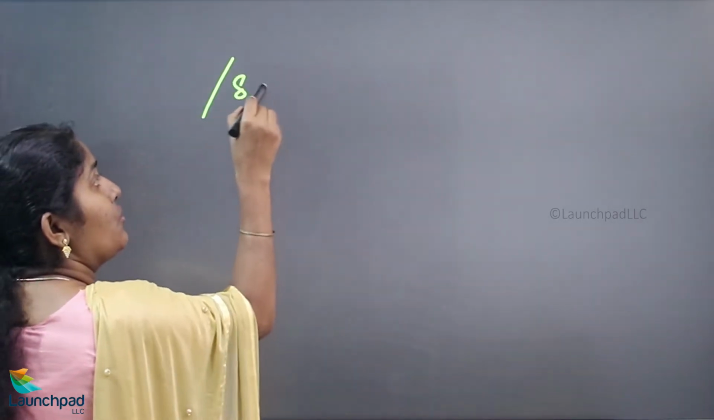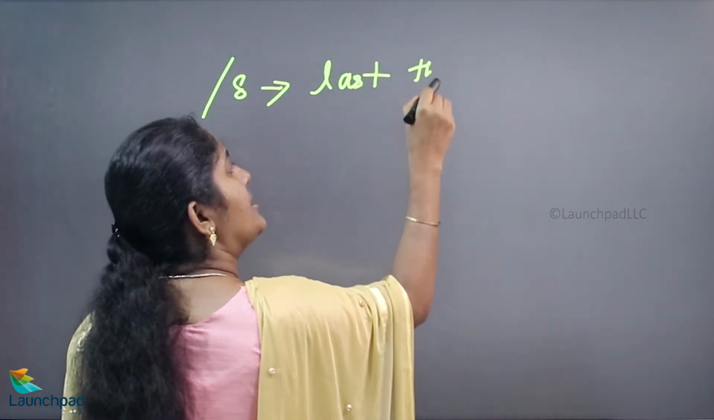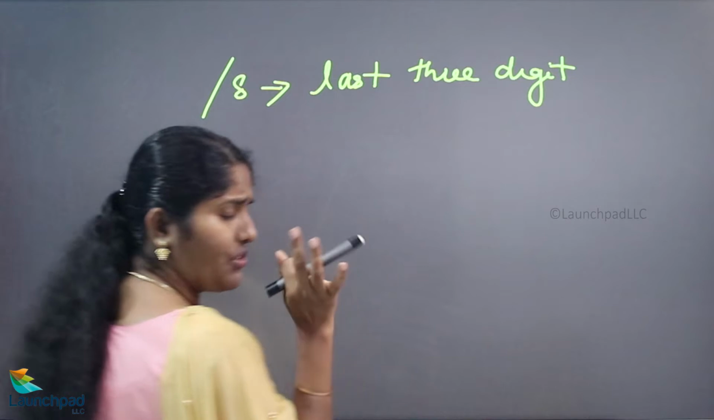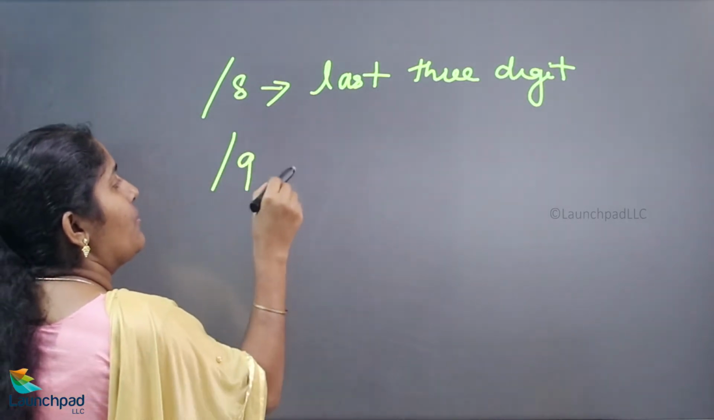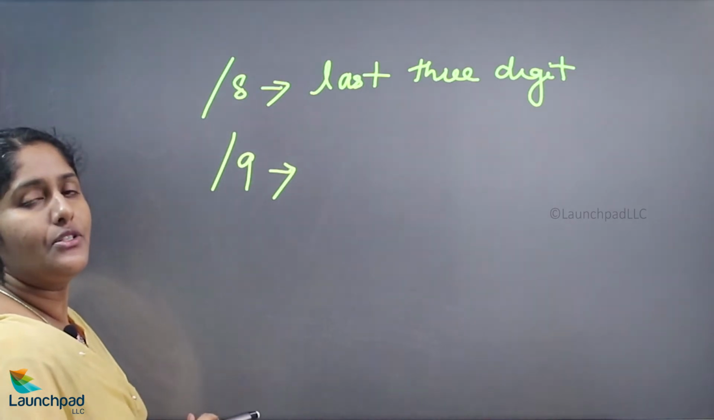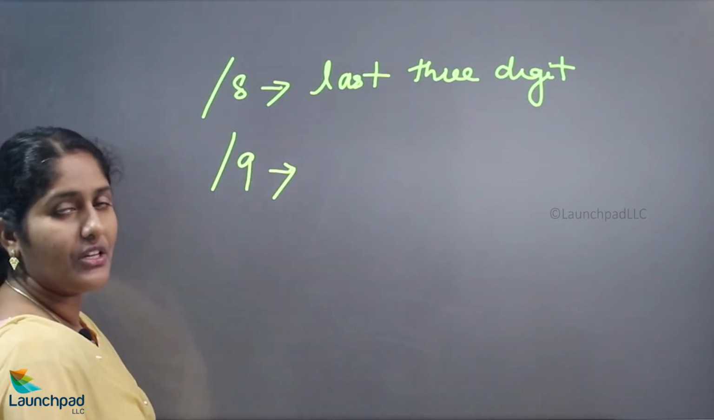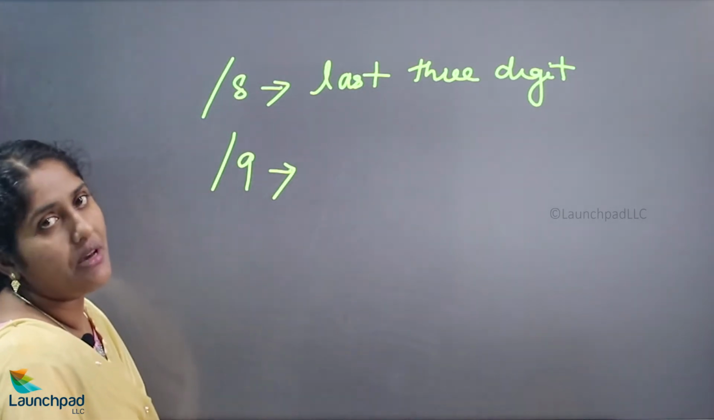And the divisibility rule for 8 is that you check the last 3 digits, and those 3 digits should be divisible by 8. So the divisibility rule for 9 is similar to the divisibility rule of 3. What is the divisibility rule of 3? The sum of its digits should be divisible by 3, and similarly here the sum of its digits